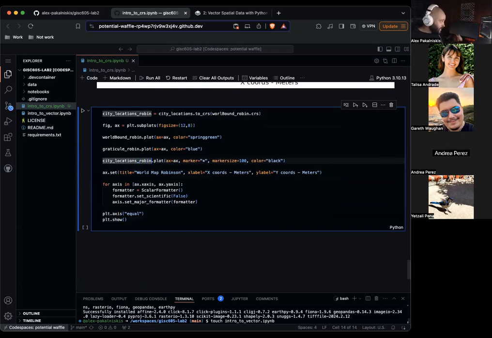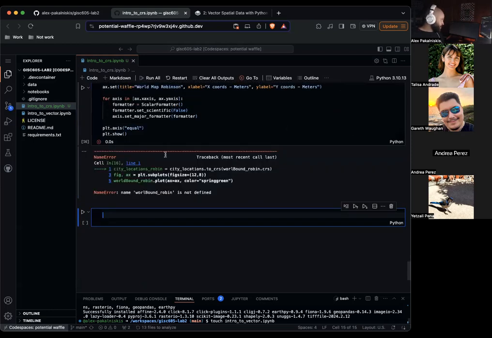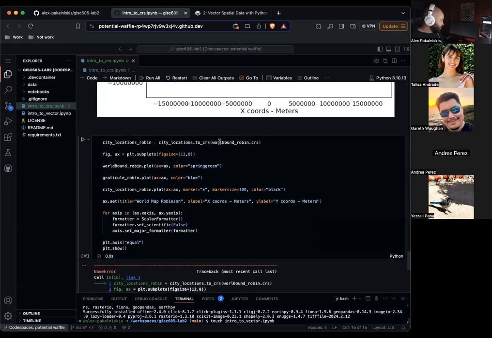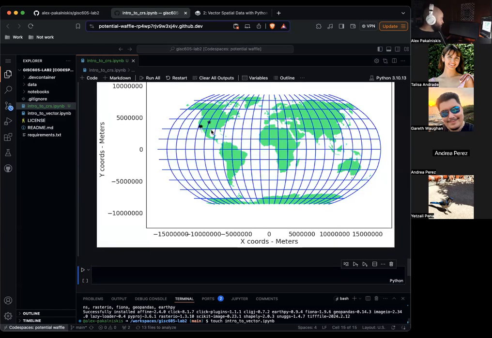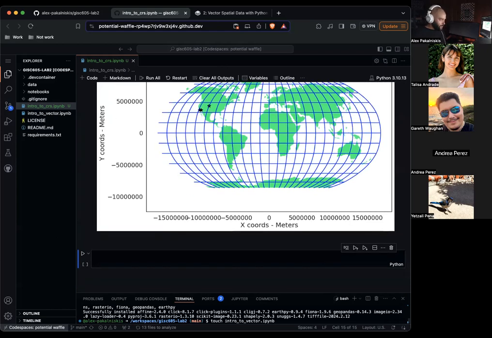Everything else should be fine. Now these should render where we expect. You can see I spelled world bound robin incorrectly, which is fine. And now our cities are rendering where we actually expect, in Boulder, Long Beach, and Joshua Tree. Super cool, or kind of cool.